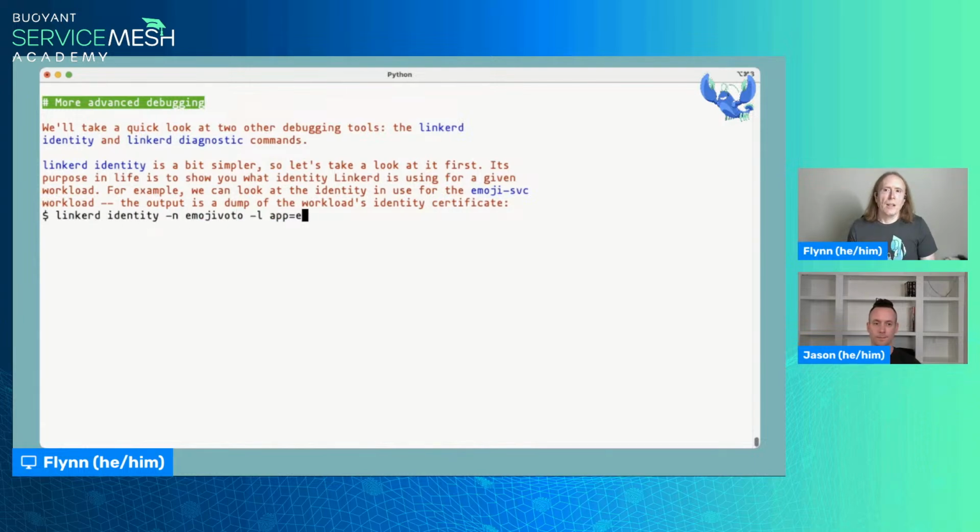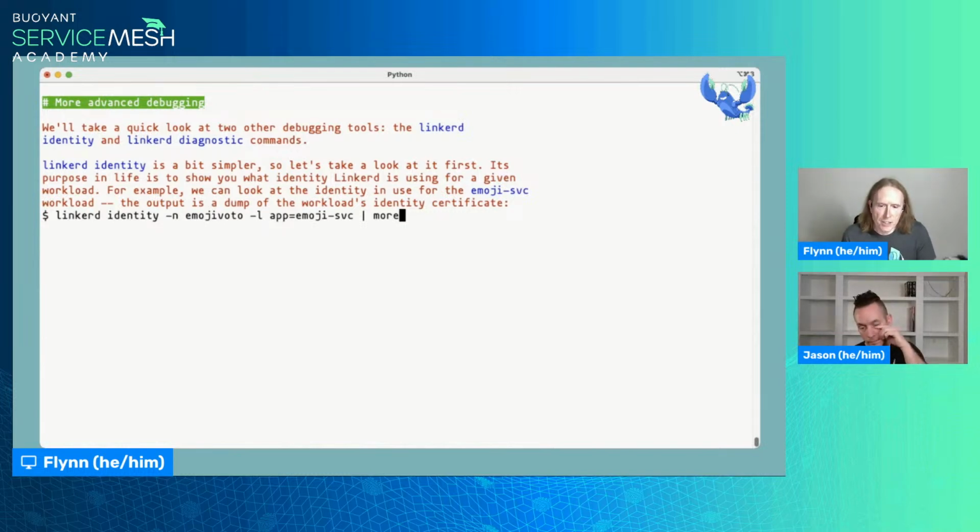Okay. We're going to take a quick look at a couple of other things as well. We're going to look at linkerd identity and linkerd diagnostics. Linkerd identity basically gives you a way of asking Linkerd the specifics of the identity that it is using for a given workload.